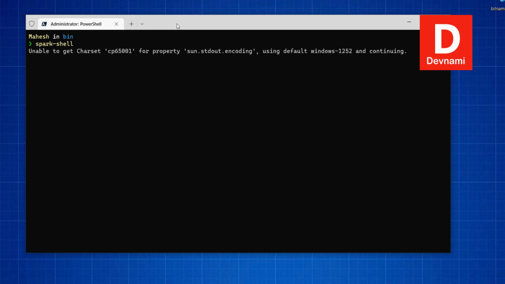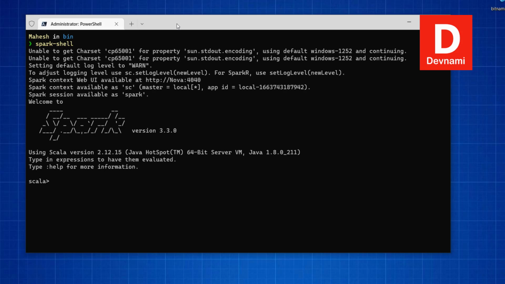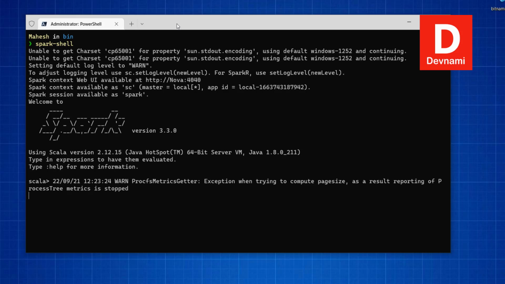And it will give a pop-up and tell you to open browser on 4040. As you can see, it has provided you with a Scala prompt, right? When you get this particular prompt, that means you have Spark set up. Now let it check some of the